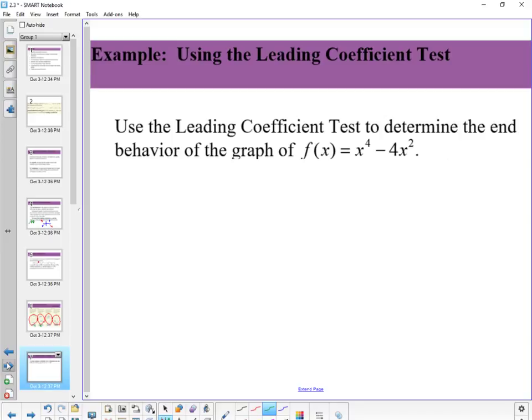Use the leading coefficient test to determine the end behaviors of the graph. With your hands, show me what that's going to look like. It's good! Okay. Both hands will do that. What happens in the middle,